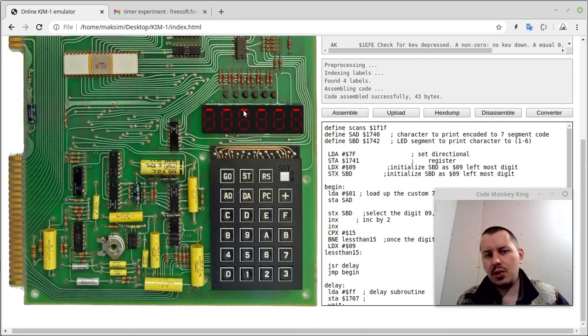The point is that the digits should disappear. Once we go to the next cell, it should disappear in the previous. But I have some bugs with the display emulation, so I still need to figure out how to fix this one in particular. But anyway,